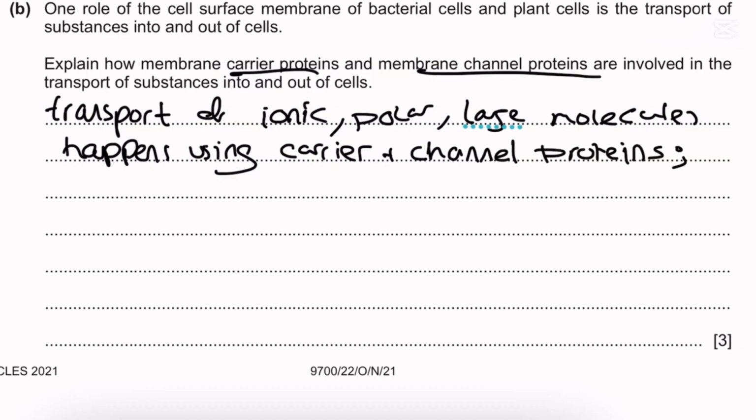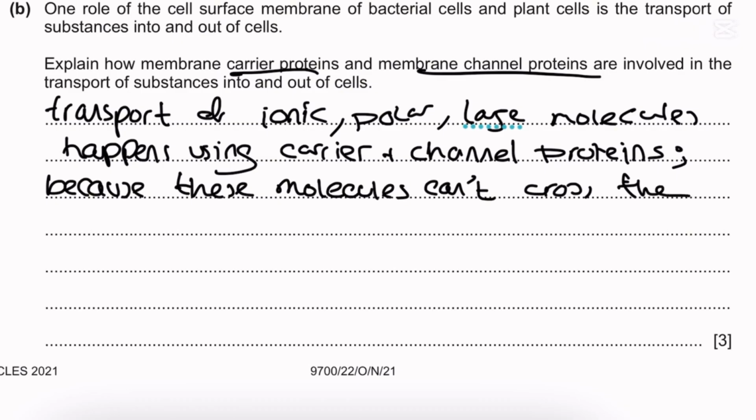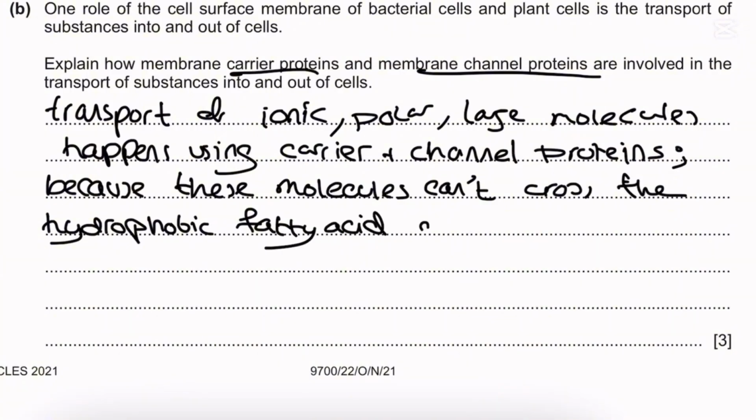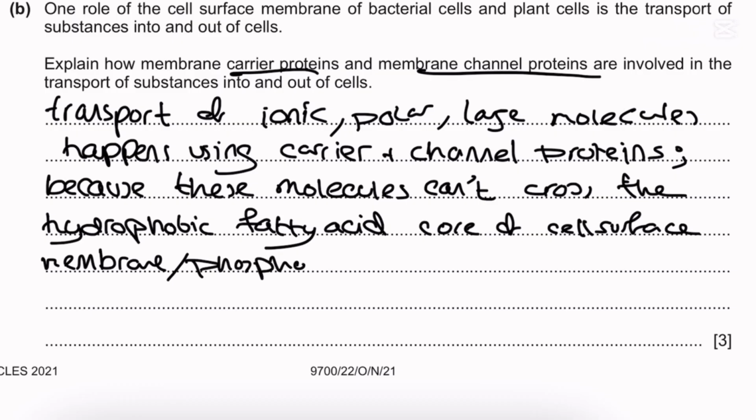And the reason for this is because these molecules can't cross the hydrophobic core or fatty acid core of the cell surface membrane or the phospholipid bilayer. So instead, they pass